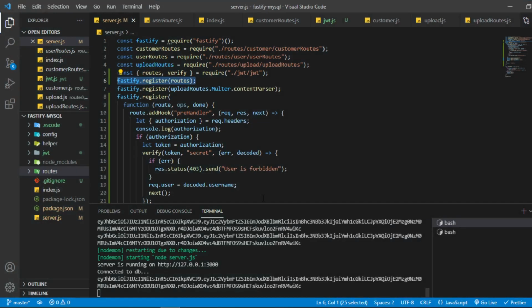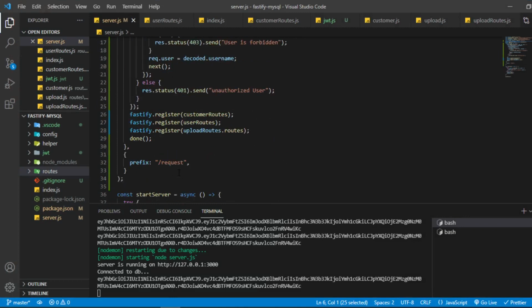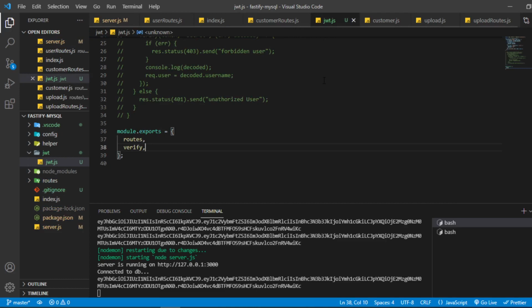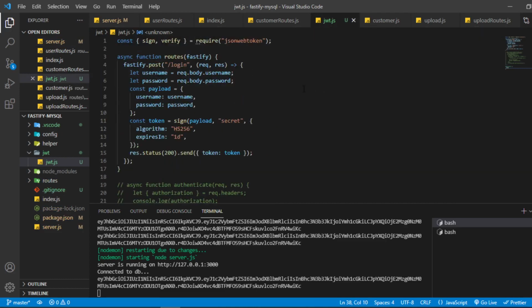So guys, this is what I really wanted to show you. This is a small thing, but it could be big if you are concerned about organizing the code and the routes. In the next video, I will be connecting this JWT thing with the database, and we will be fetching the user from the database. If the user is in the database, then only we are going to generate the token.